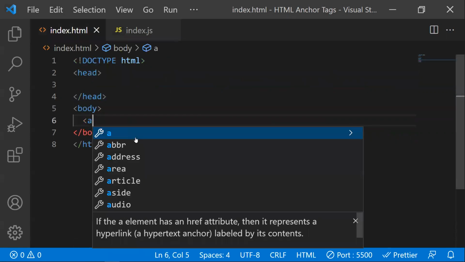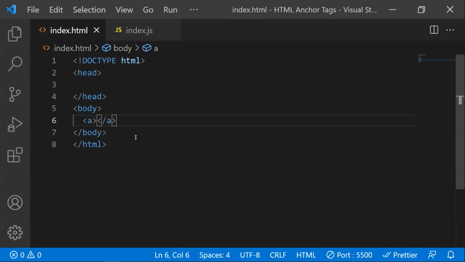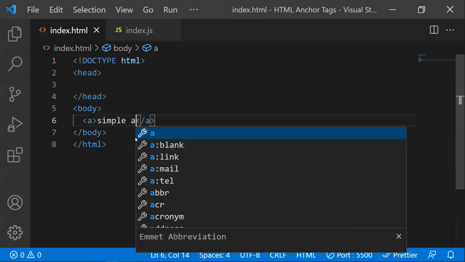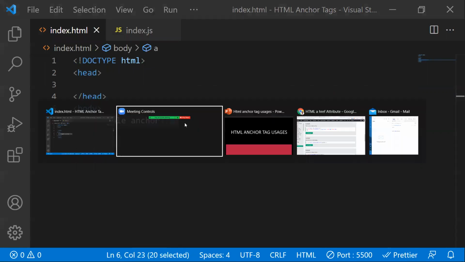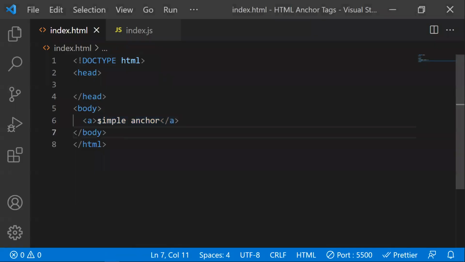So this is an anchor tag. I can write a simple anchor tag, and this is the text we will be seeing. This does nothing. We can see that it will not do anything in the front end. See, this is simple text. Unless you keep the href, this is a simple tag.